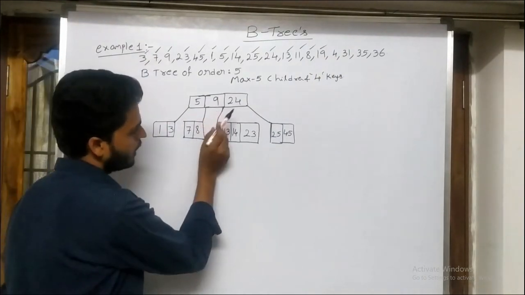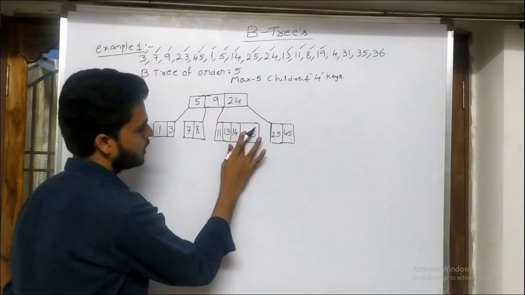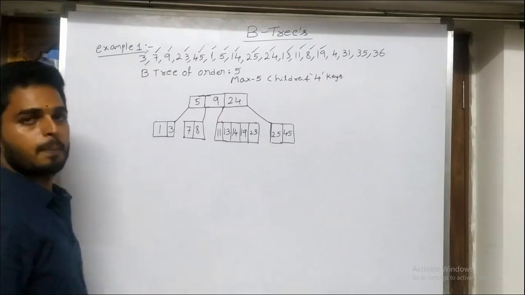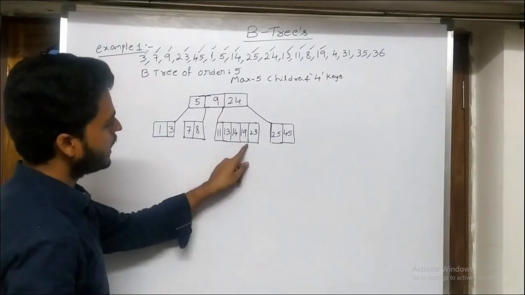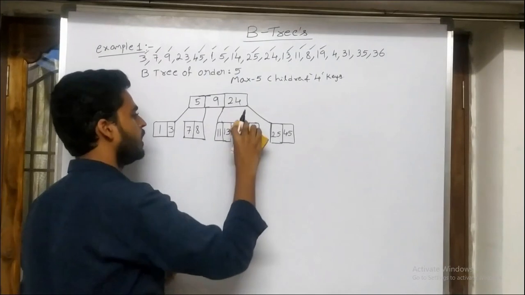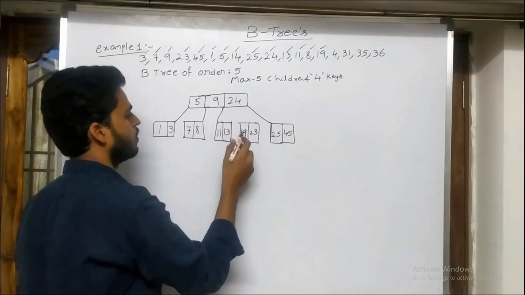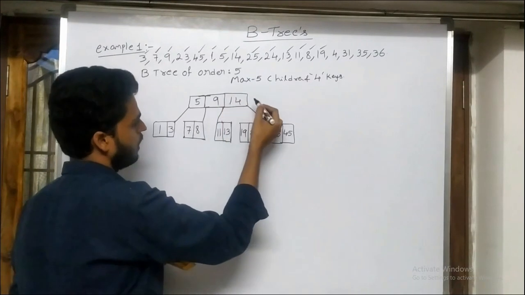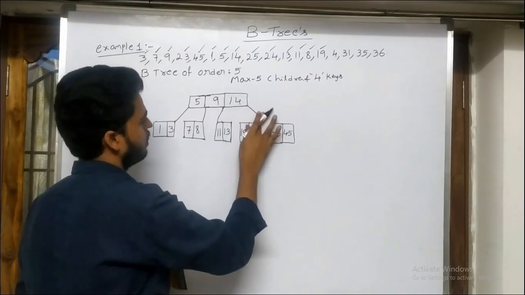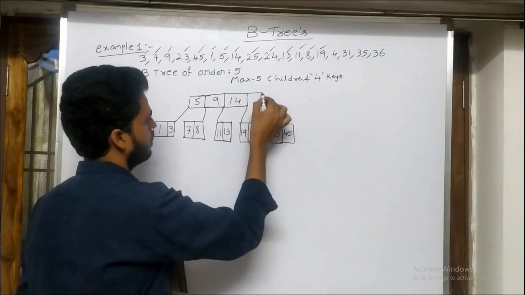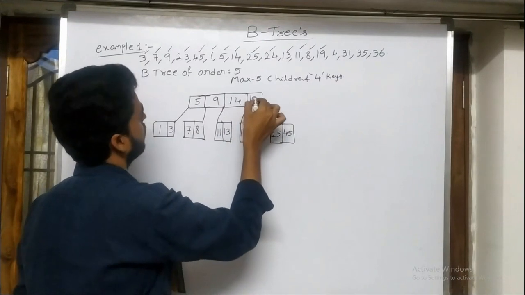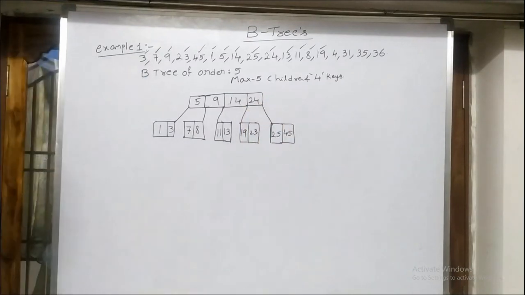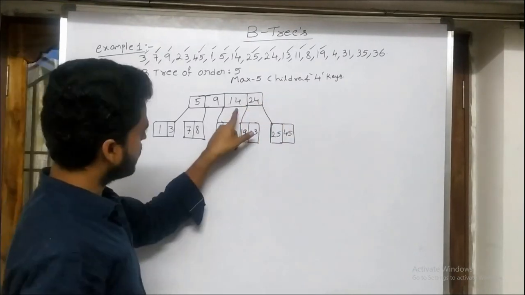19 greater than 9 and less than 24. So then we need to insert here 19, 23. And after inserting 19, it is violating. When it is violating, we need to remove the middle element. What is that middle element? 14, I think. 14. So I will insert 14 here. Here you will get 24. So this is the corresponding tree. After making this as parent, there is no problem.